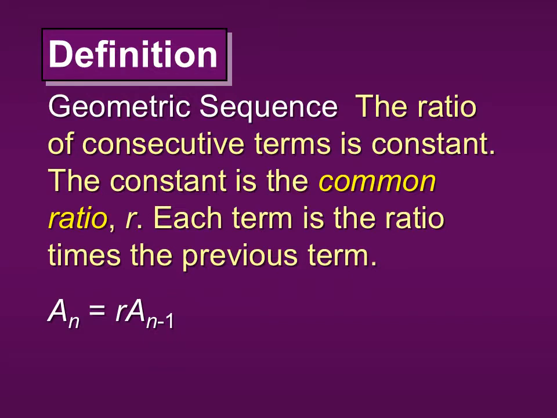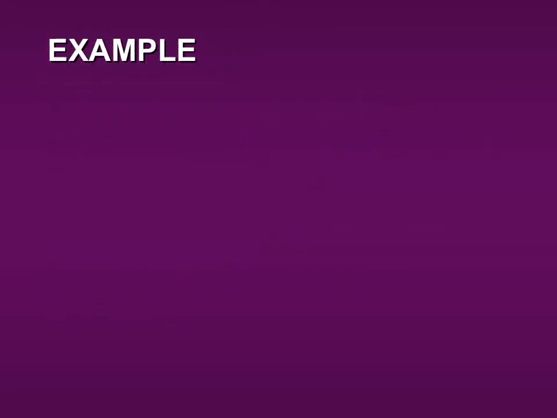A geometric sequence is where the consecutive terms are found by multiplying by a constant, and that constant is called a common ratio. So the general formula for a geometric sequence is a sub n equals r, that common ratio, times a sub n minus 1. So for example, if we have a sequence 2, 4, 8, 16, 32,